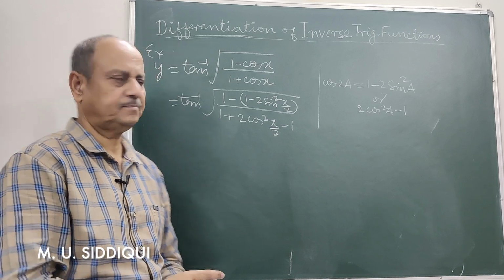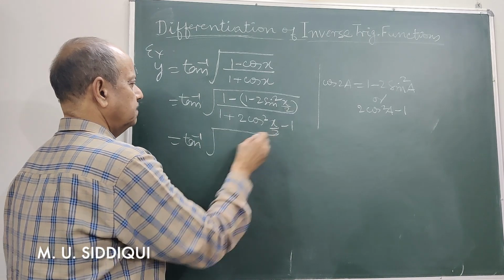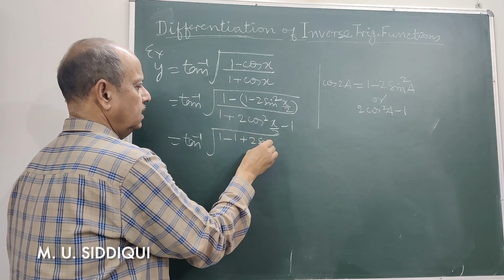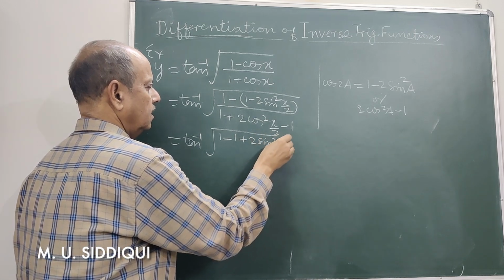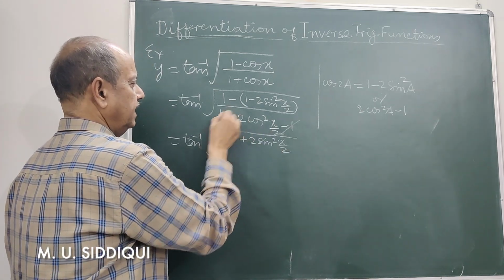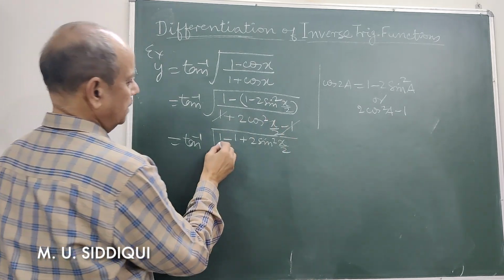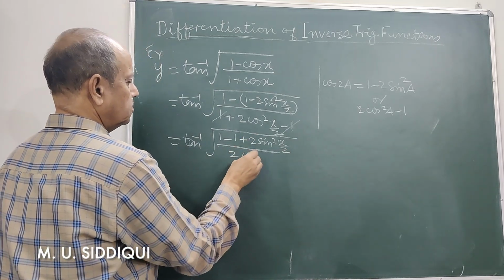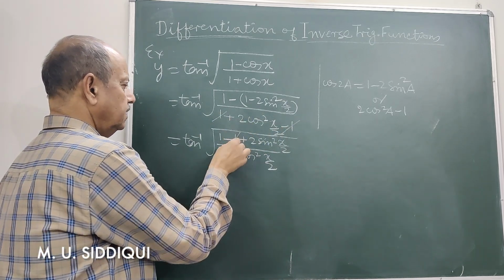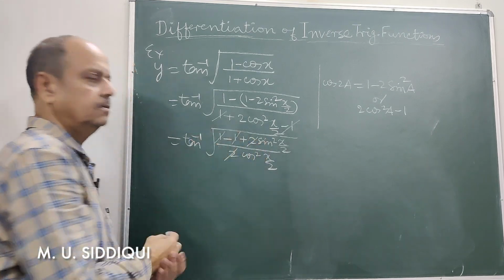Okay, is that okay? You will write tan inverse of, inside this expression, it is 1 minus 1, and minus will make it a plus sign. So 2 sine square x upon 2, and in the denominator it already positive and negative sign will cancel out. Therefore, you will write here 2 cos square x upon 2 after cancellation of this 1. Then this 1 and 1 also cancels out, and once they are cancelled out, you can cancel this 2 also,